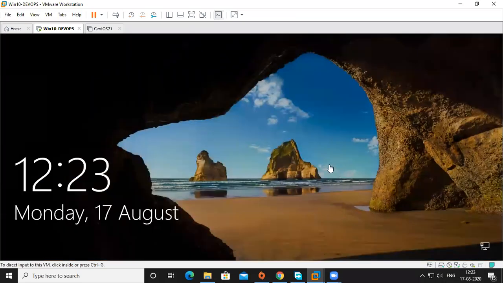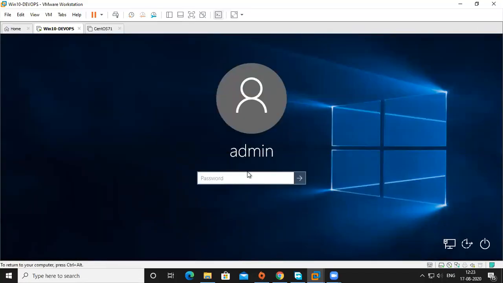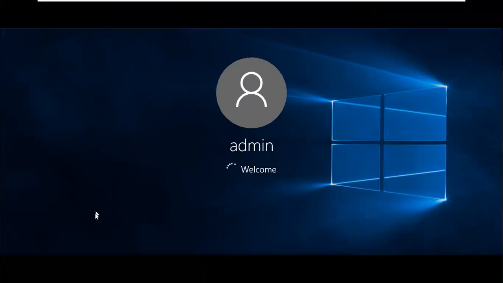For GitHub, if you don't have Java also, no problem. Okay, so I created an account admin and I gave a password. Alt Control, put it in full screen mode.